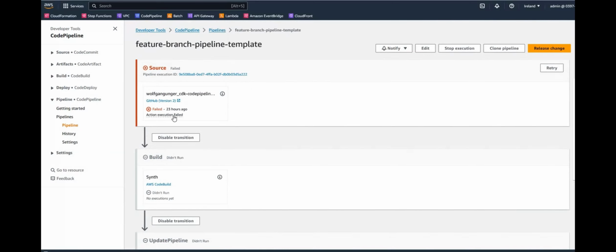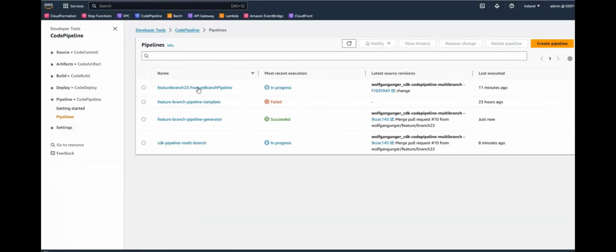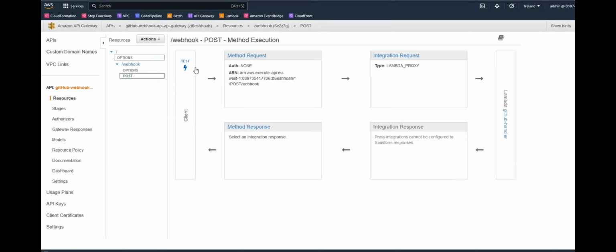This one is not runnable because the branch is not defined. That's supposed to be this way. And these pipelines later on generated by our GitHub action are based on this, and the correct branch is set, and these will run. So we will see there's an API gateway, which is going to be deployed by the